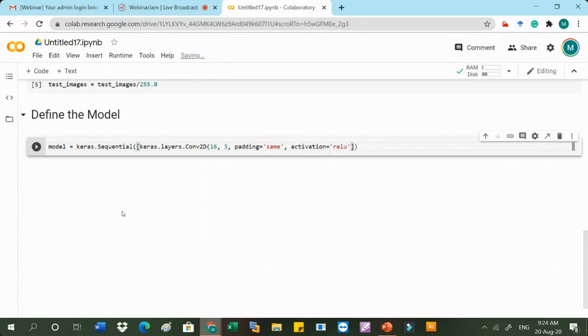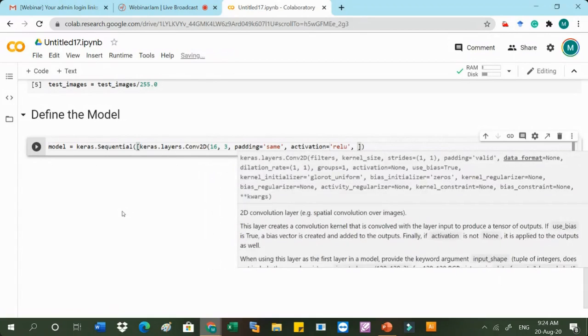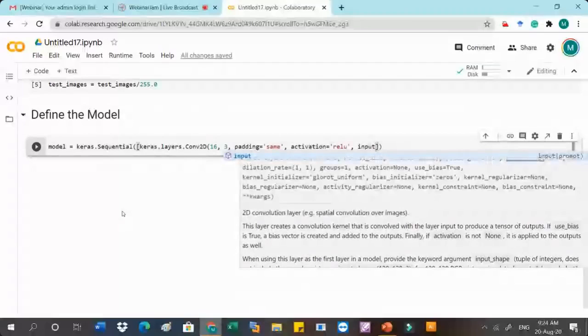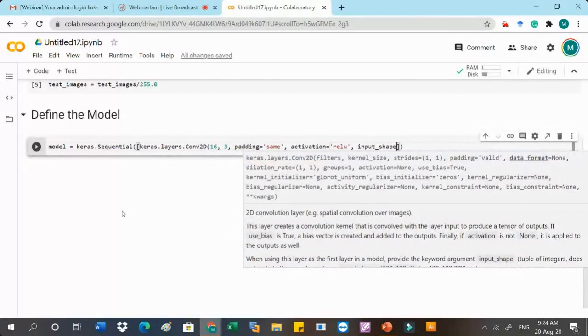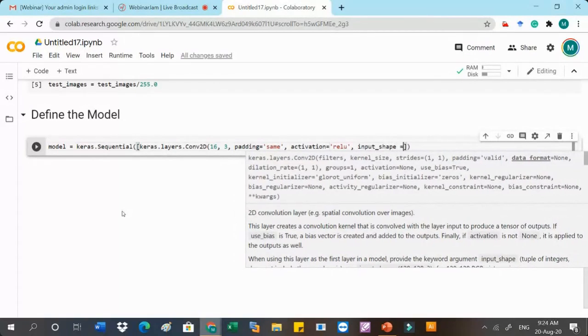Now one important thing: in the first layer we have to define what the input will be. Either you define the input layer separately, or if you are defining the first convolution layer, then you have to define what the input to this layer will be. So here we will define input_shape.